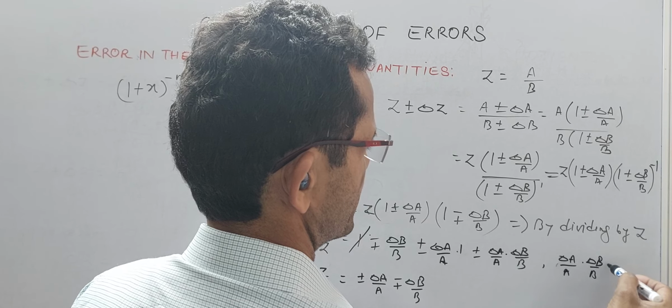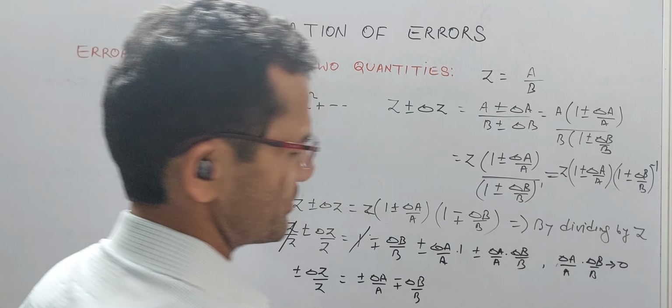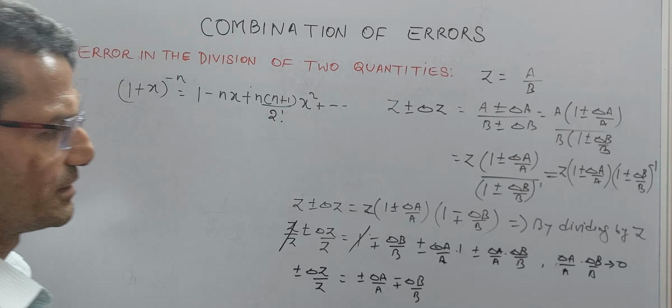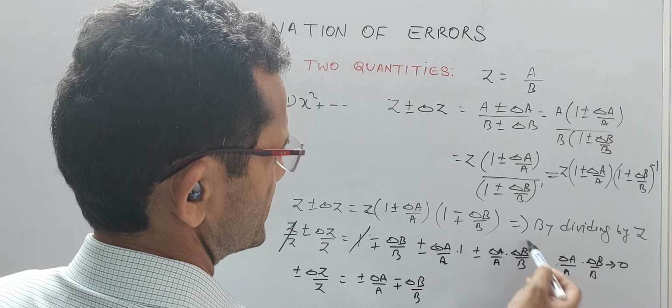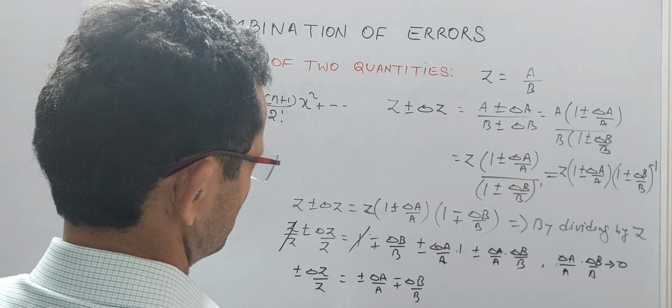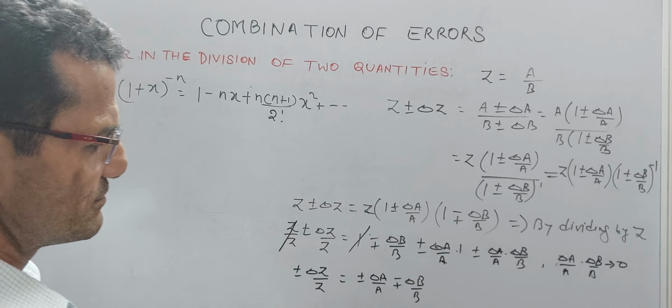So we neglect this value because it is not a big quantity, so I have deleted it from here. Now this is the value of this one, we need only the maximum errors